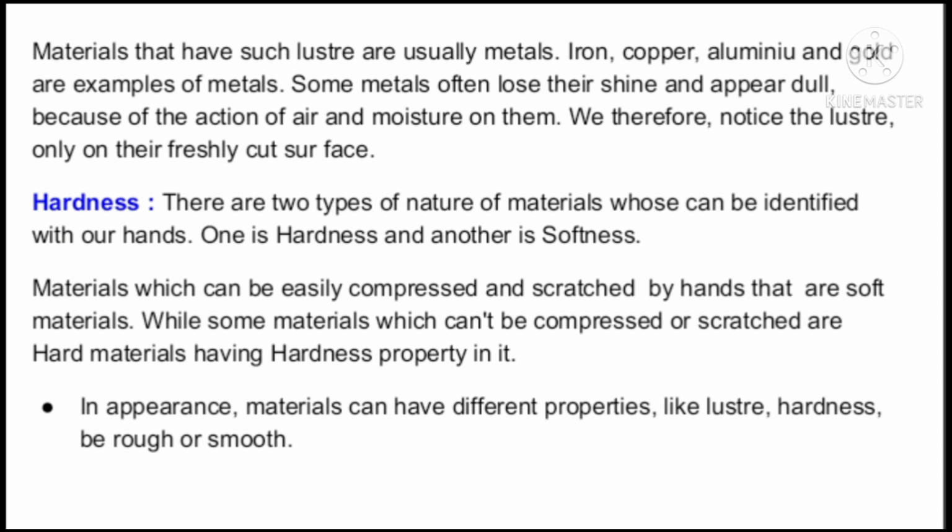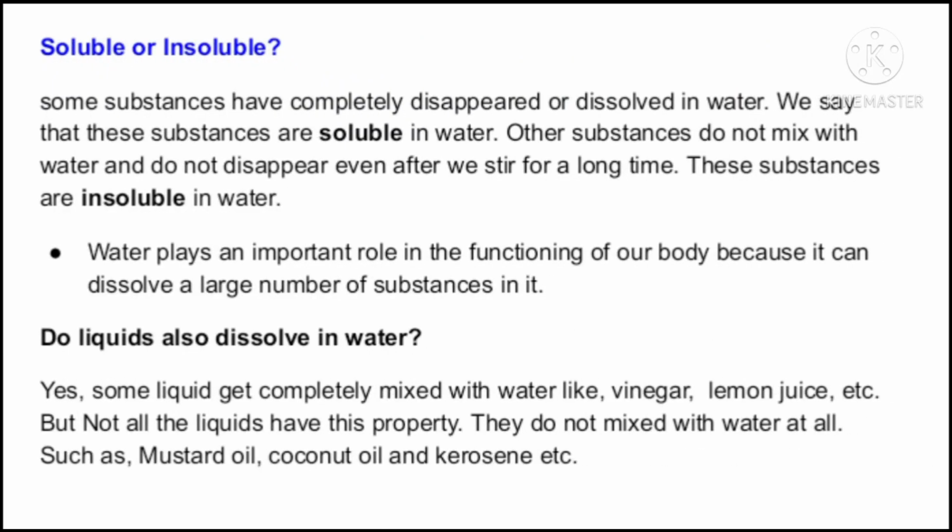And the key point is that in appearance, materials can have different properties like luster, hardness, softness, and rough, smooth, etc. And the next property is soluble or insoluble. So some substances completely disappear or dissolve in water. We say that these substances are soluble in water. That means if we mix lemon juice in water, it will completely mix in it. If we mix salt in water,